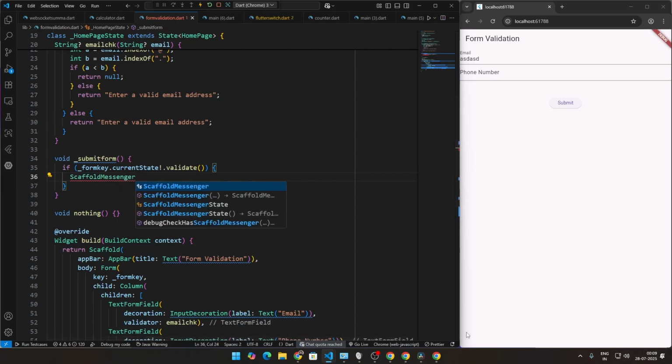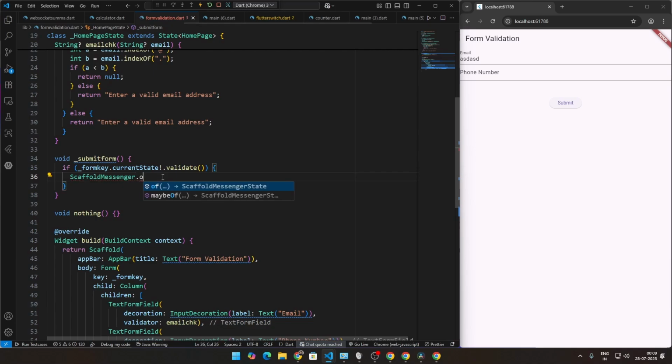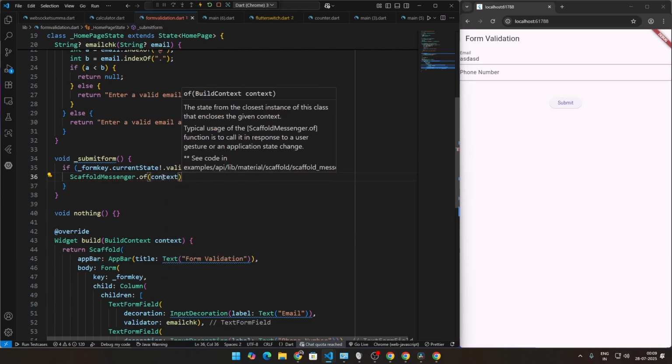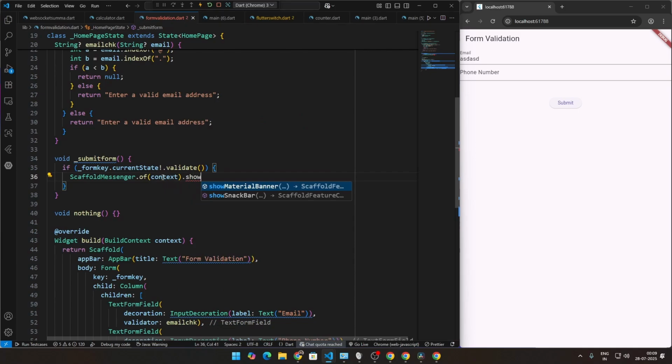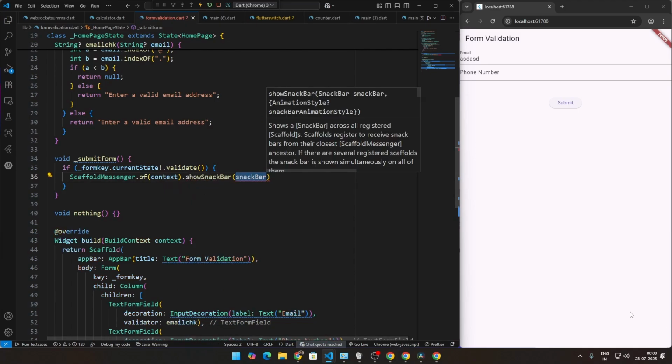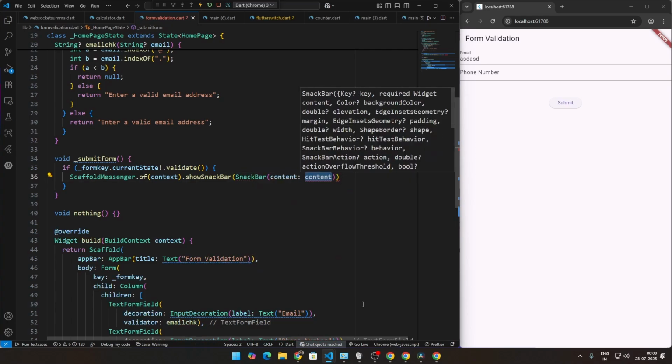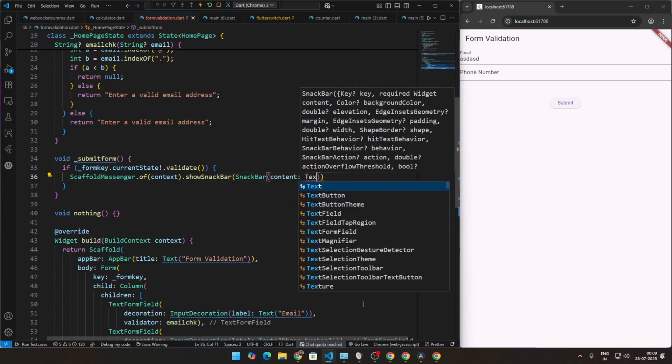You see in your application, sometimes things fail and you get one message at the bottom of the screen, right? That's where scaffold messenger works. So what we're going to be doing here is, of context, which is our current context, which is our window here, I'm going to show a snack bar. What is a snack bar? Well, that bottom bar which you saw, right? That's a snack bar. So I'm going to create a snack bar widget with the content saying text